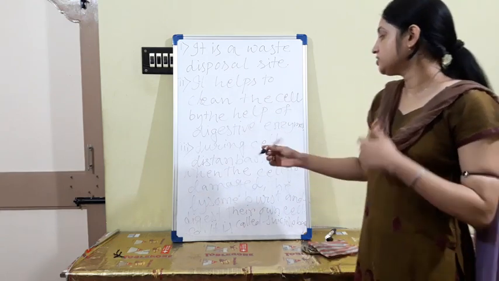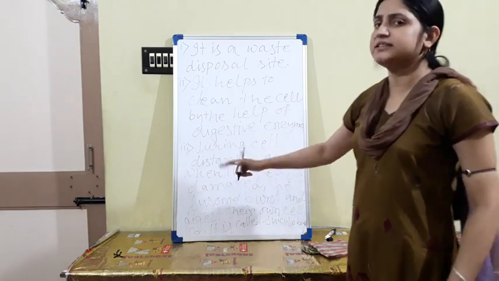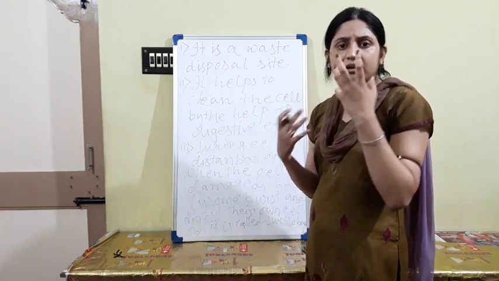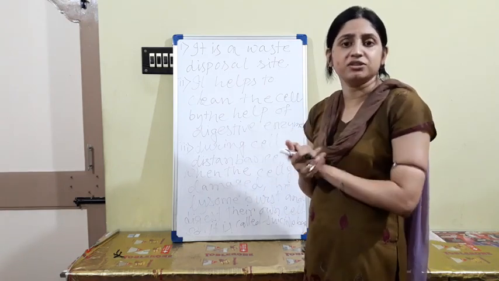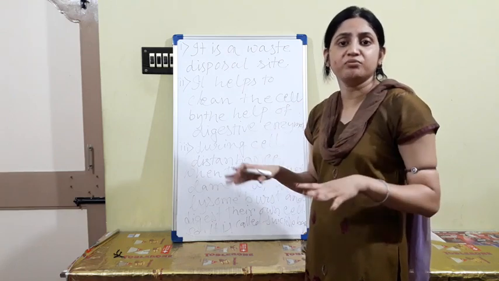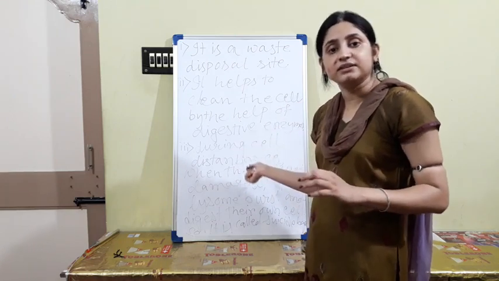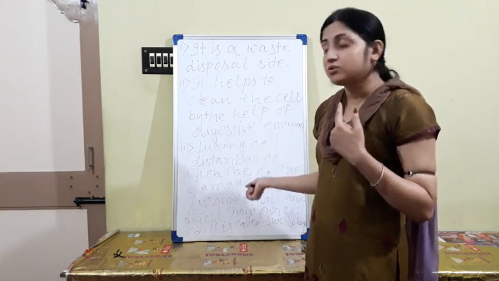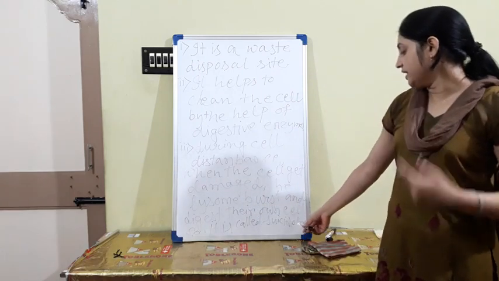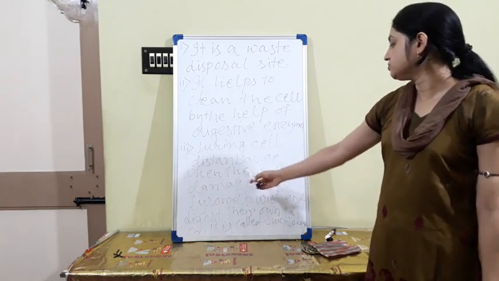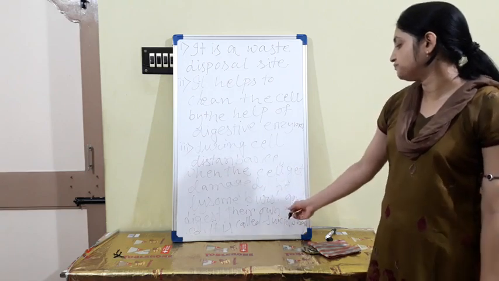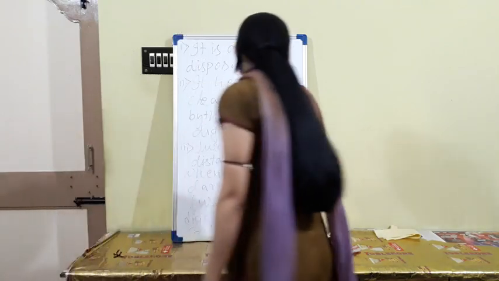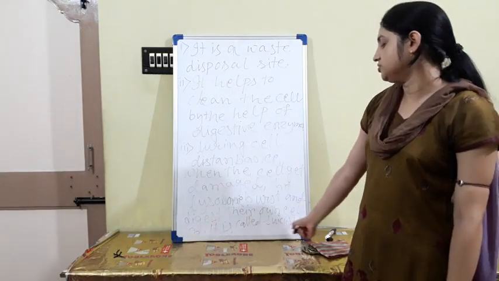Next one, why is it called suicidal? During cell disturbance, if anything happens with the cell, maybe you get harmed by an accident, or hurt by anything, your cell gets damaged. These damaged cells are not always removed from our body. They are digested by the lysosome. Lysosome can also digest its own cell, so that is called cellular suicide bag. So during cell disturbance, when the cell gets damaged, the lysosome bursts and digests their own cells, so it is called suicide bag.